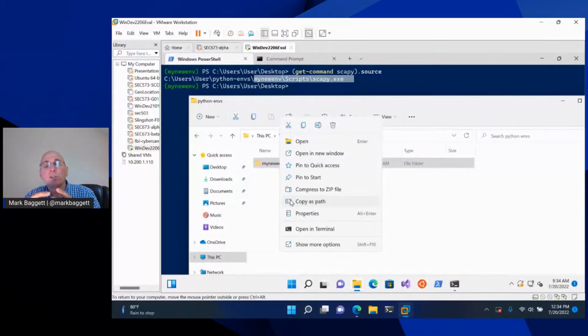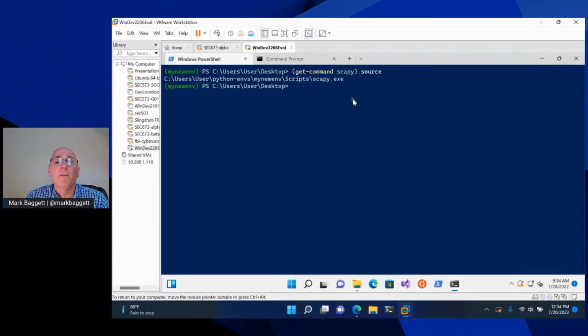So having a virtual environment allows you to keep all of your programs separate in different folders, each with their own unique installation and Python environment, where you're not going to have conflicts and things like that. Okay. So I would suggest always using virtual environments. Now, let's talk about installing and using some common programs that we use in information security. Programs like Scapy or Volatility, these are programs that I can just simply pip install